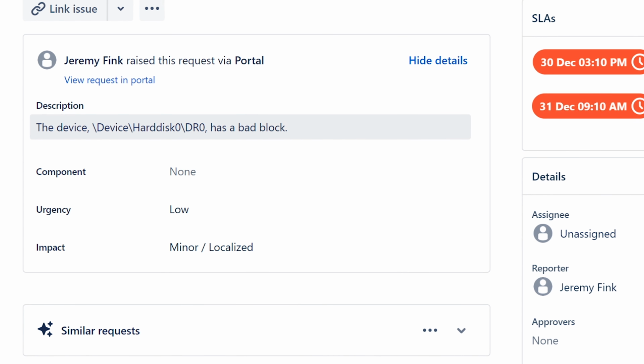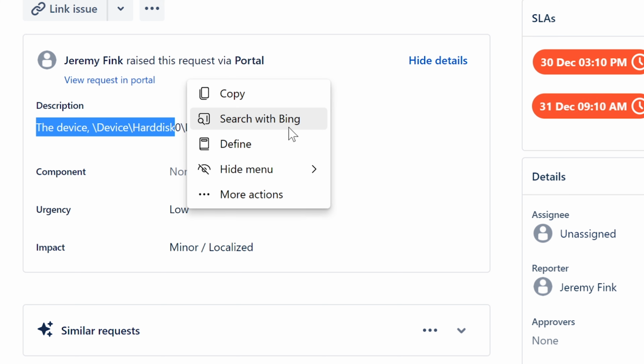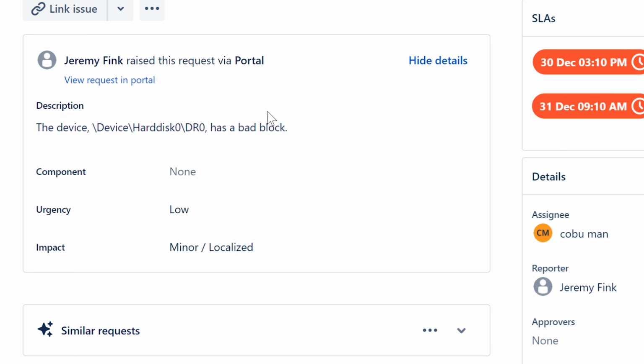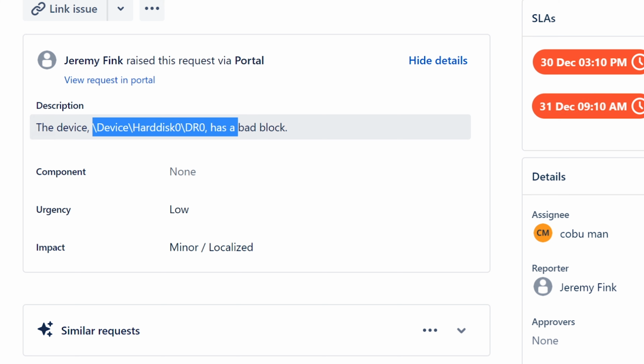All right, the device. Okay, so this is from Jeremy Fink. Thank you very much, Jeremy, for submitting this. Assigned ticket to myself. Device hard disk drive DR0 has a bad block. Now,